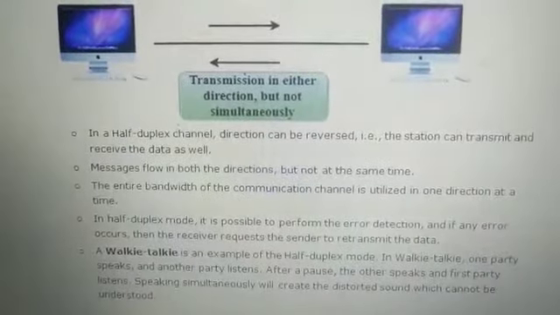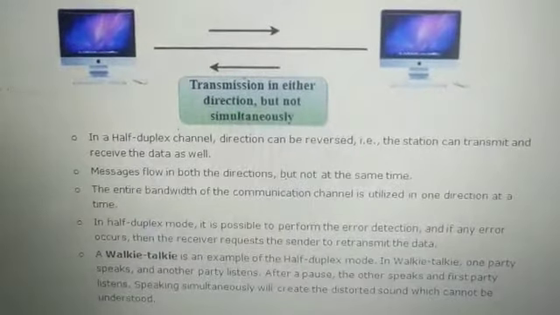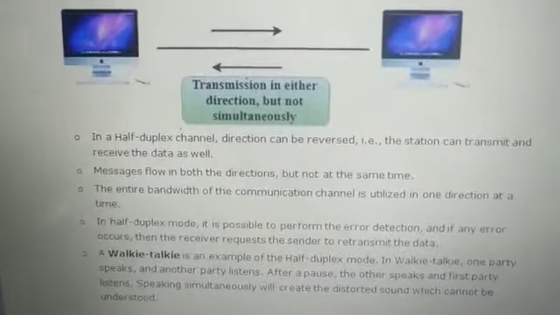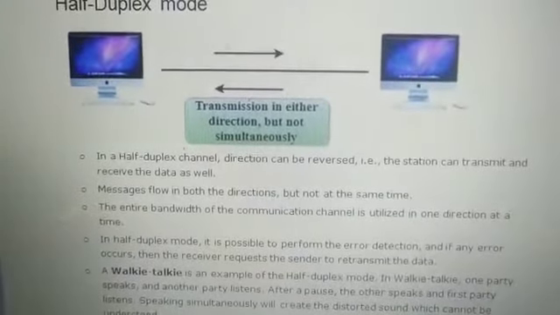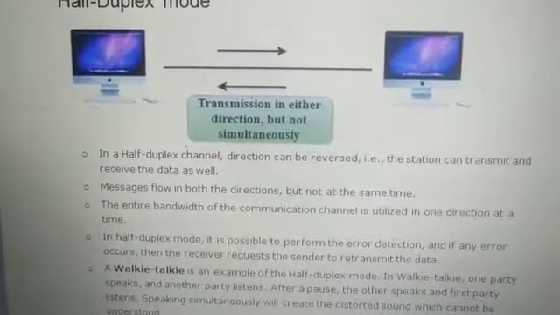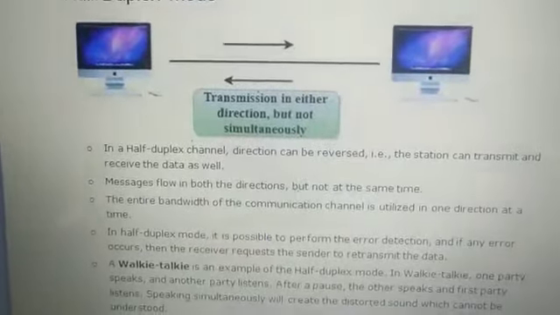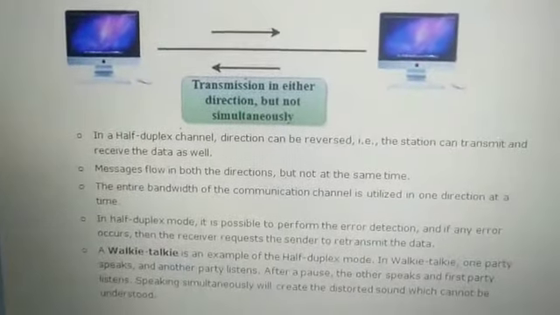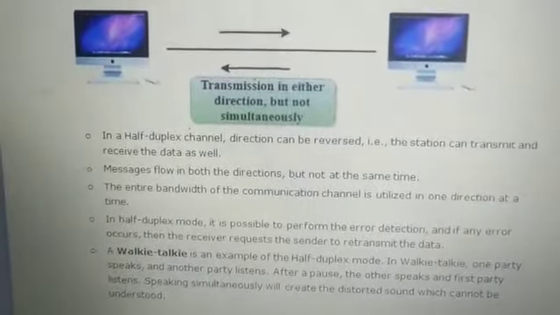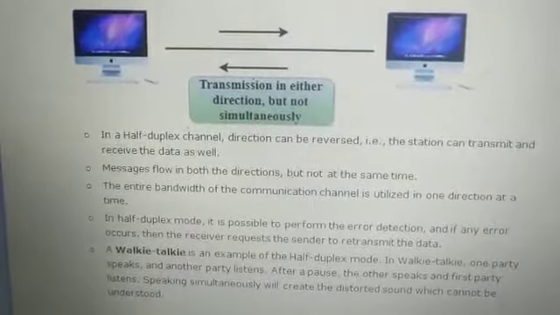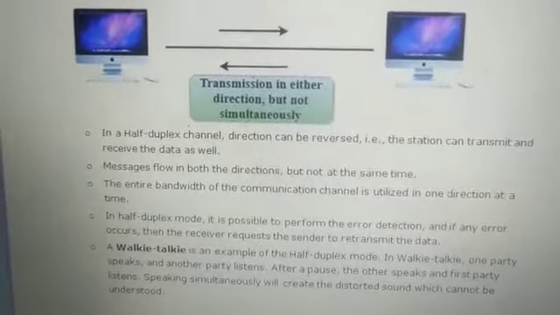If the first system wants to transmit, then the second system has to wait for its turn. When the first system's transmission is over, only then can the second system transmit, because the whole bandwidth is busy carrying the information from system A so that it can send the information to any other system. So, as previously in the simplex method, the whole bandwidth is used only for one transmission. Here also the same scenario is there. For only one information transmission, the whole bandwidth is used.